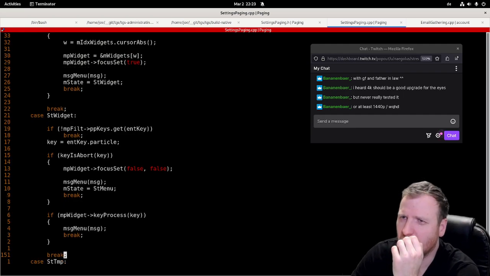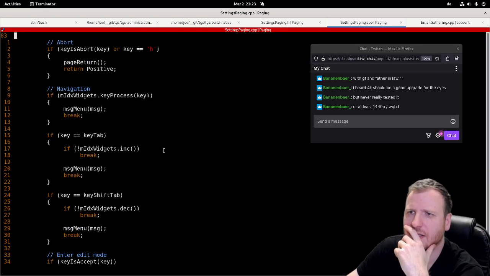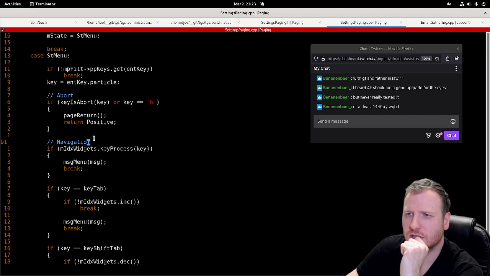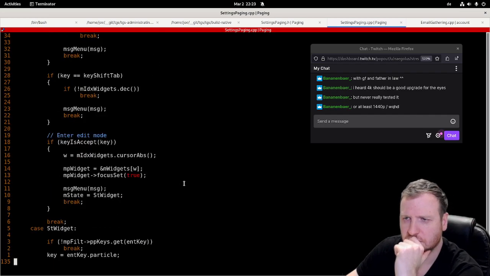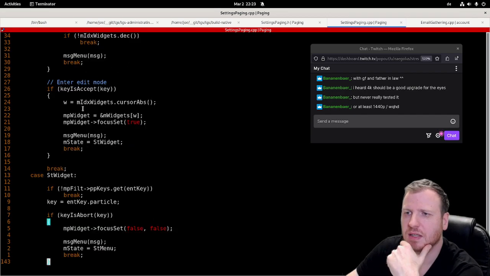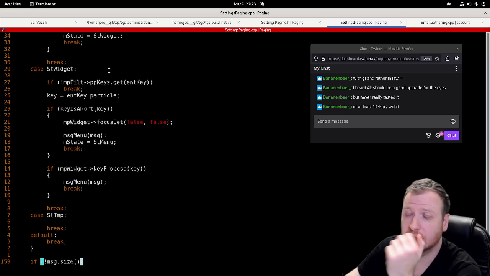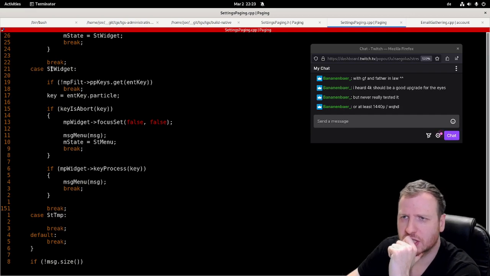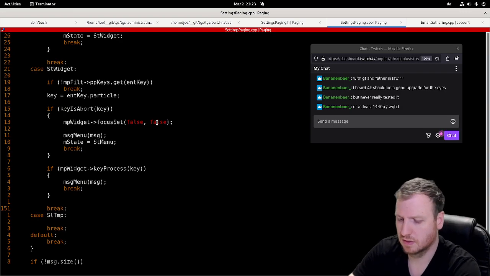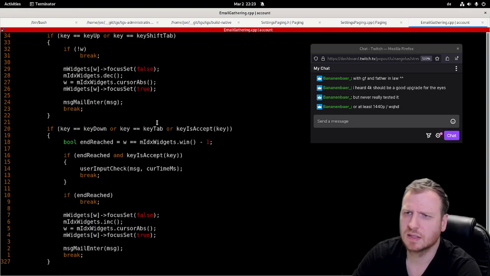So, how is this behaving? Okay. Abortion, navigation, up, down. Accepting, setting the focus of the widget, printing the menu and going to the state widget. Now, edit mode. Widget, if we abort, then we set the focus to false. If, yes, if the key is accept,